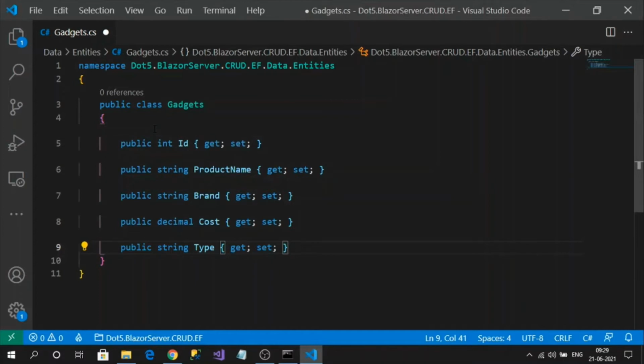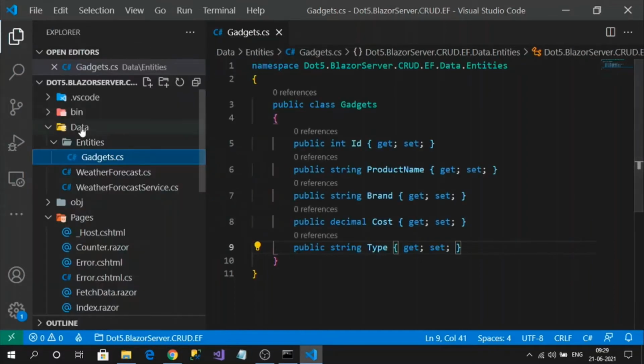I am going to add them as properties. So these are the columns in my table, and I am adding them as properties in my class. Okay, so this is the table class. And I have mentioned, right, there is a parent class, that is the DbContext class. So let's create the DbContext class.